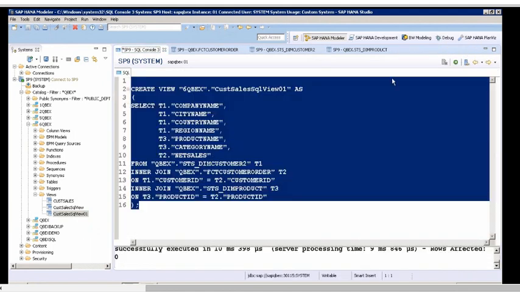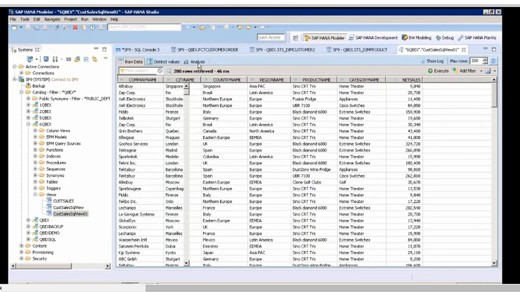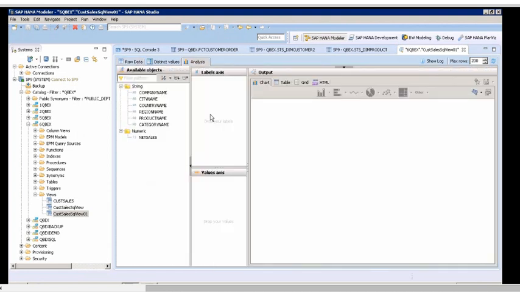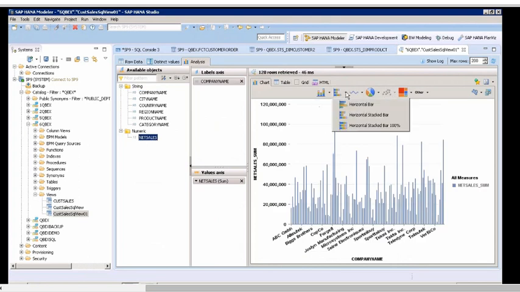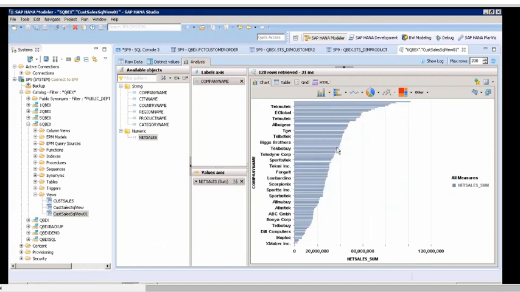And if you want to do some analytics and test it, you can also right click and there's an option, Open Data Preview, which helps you to do some analytics. This is not for the end user. This is for you to analyze the data, whether my join was fine or not. Company name wise, I would like to see net sales as a horizontal bar, and I also want to do some sorting on this.